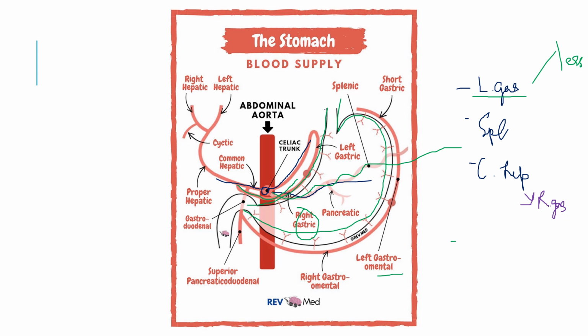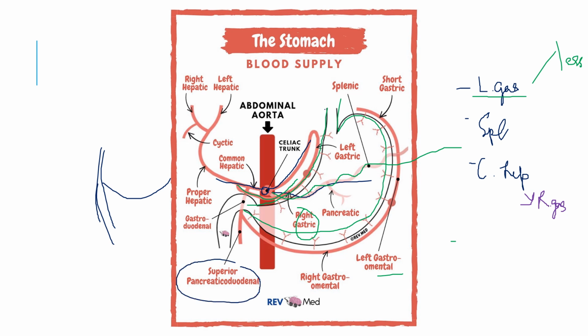The right gastroepiploic comes from the gastroduodenal artery, which is a branch of the common hepatic again. The gastroduodenal comes down and gives out the right gastroepiploic artery, and the rest of the part is called the superior